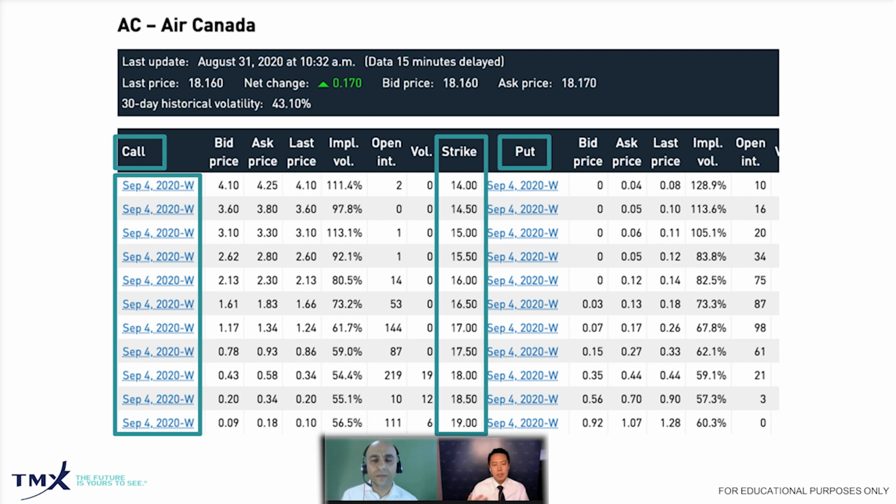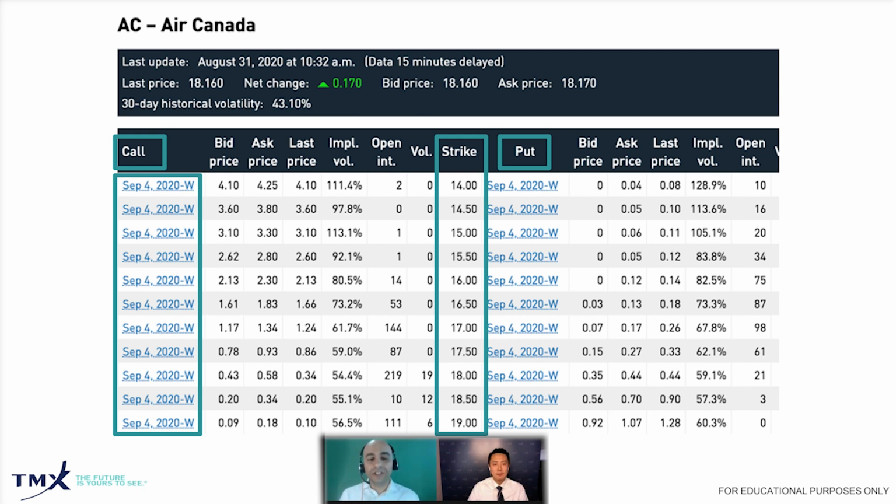Now, for beginners, here's a good way to remember what calls and puts do, okay? Always think of or imagine a phone. When you want to call someone, you pick up the phone, and when you're done calling, you put down the phone. So call up, put down, okay? When you think the market is going up, you use calls. When you think the market is going to go down, you use puts. That's a pretty good example. I don't think I'll forget what calls and puts are because of that.